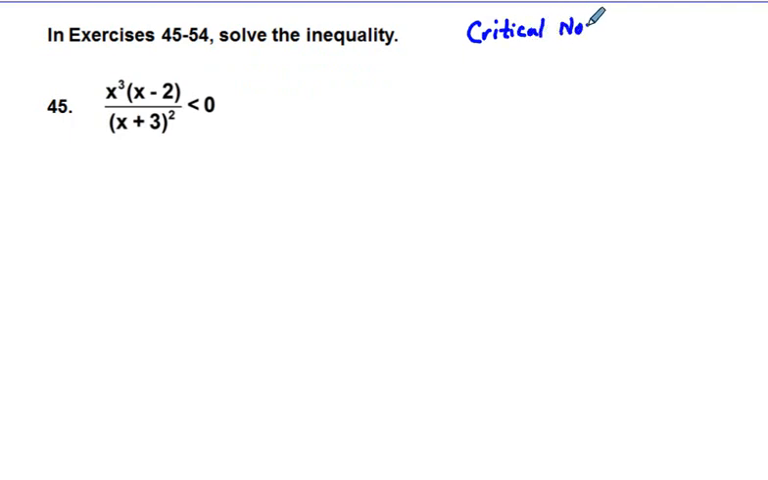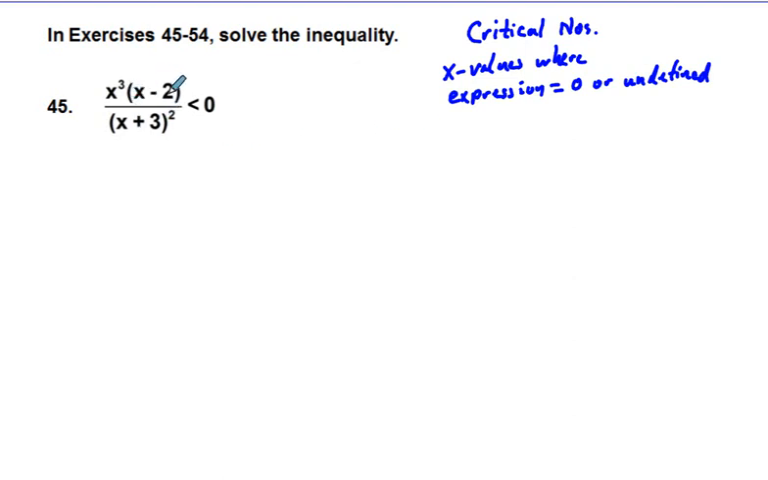And critical numbers are where our x values, where an expression is equal to 0 or undefined. So in this case we have x cubed times quantity x minus 2 over quantity x plus 3 squared is less than 0. So what we're going to do to find critical numbers, we're going to set first a numerator